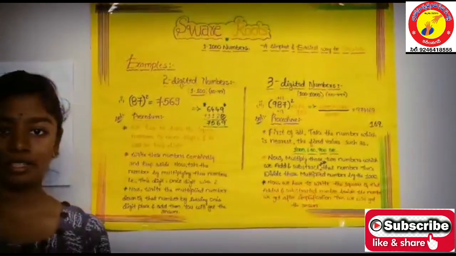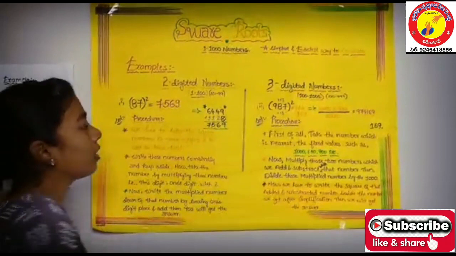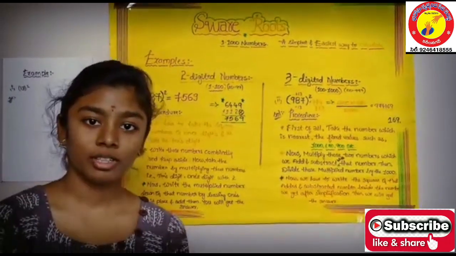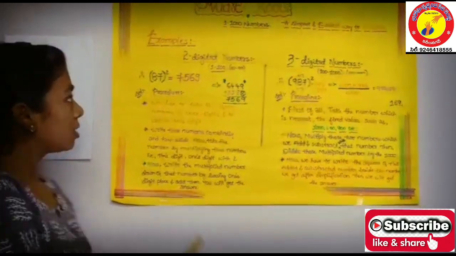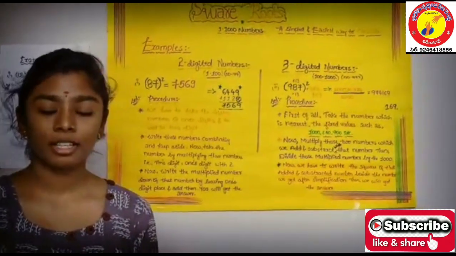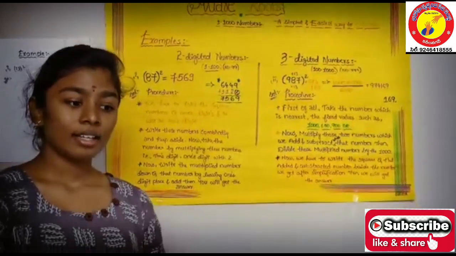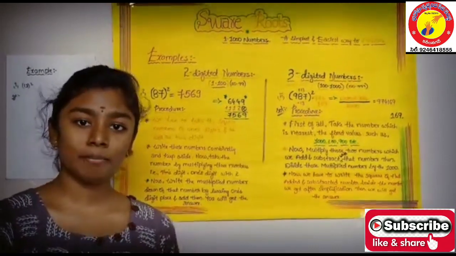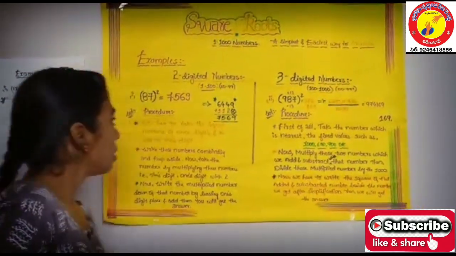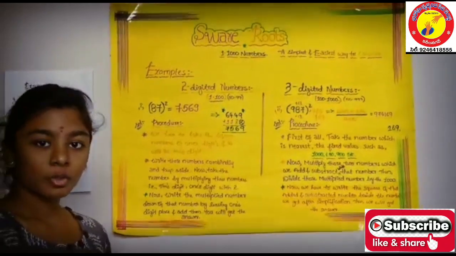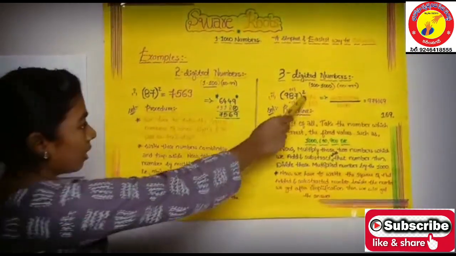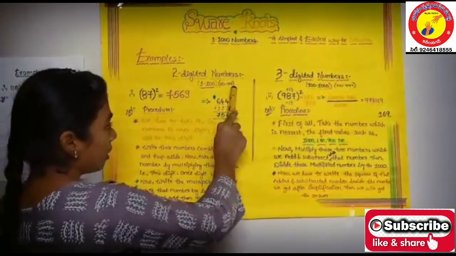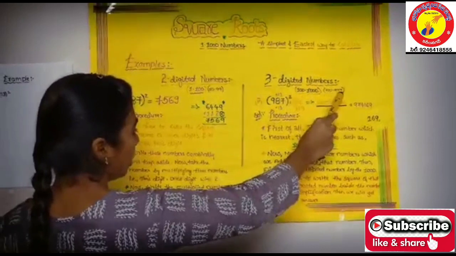I am here to present you the topic square roots. First of all, I thank Barosa for giving me a great opportunity. And these square roots are very important for the calculation of statistics. The tricks and the steps of the square roots are used to solve the problems in the simplest and the easiest way. So for the explanation I have taken two examples. One is 2-digit numbers and another is 3-digit numbers. 2-digit numbers are from 10 to 99 and 3-digit numbers are from 100 to 999.